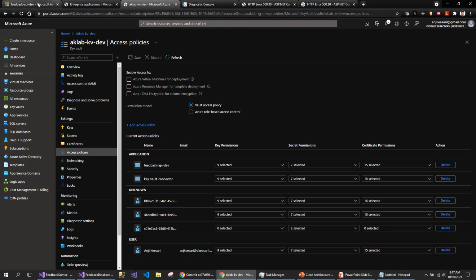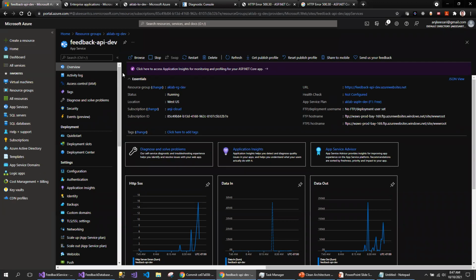That's because I had to restart the service to get the permissions reflected in the service. So that's the fix. Make sure that you do all three steps: those two permissions in the Key Vault and restart the service. Every time you make a change in the Key Vault, you have to restart the service to pick up those new changes.